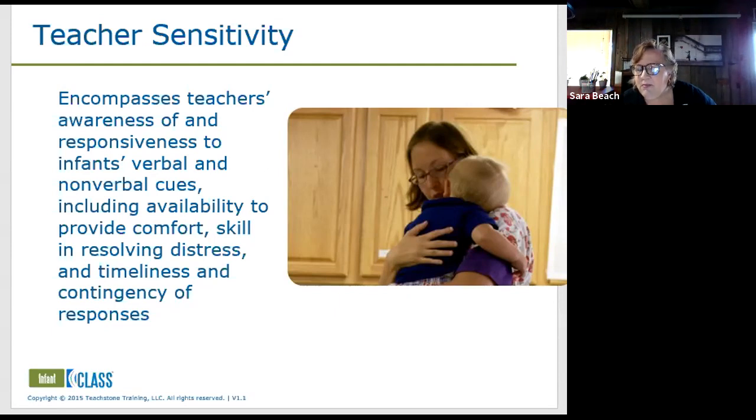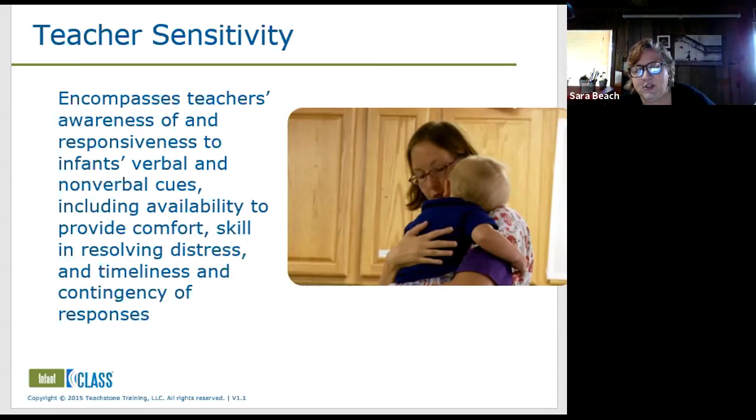And then interestingly, the last indicator is something you guys also mentioned. When babies are attended to sensitively, they're comfortable, right? They're using the caregiver as a secure base. And so in this dimension, not only are we looking at what the teacher is doing to be sensitive, we're looking at what the baby is doing in response to that. And in the classroom that Ms. Sandifer was mentioning earlier, where the teacher knew everybody and was connected so well, those babies used her as a secure base.